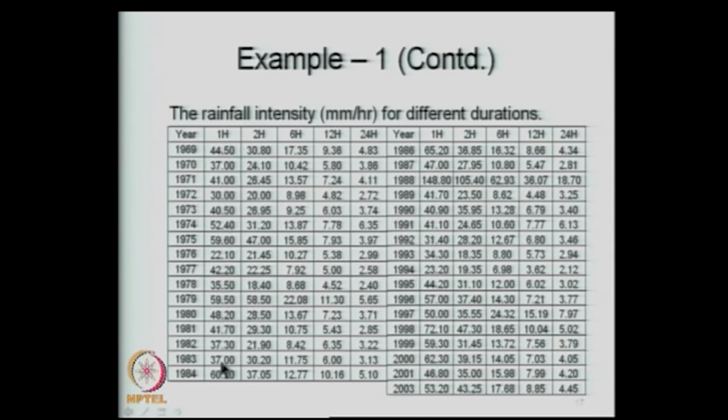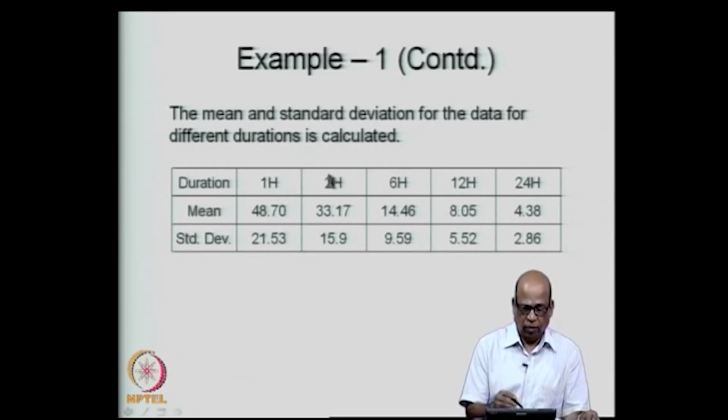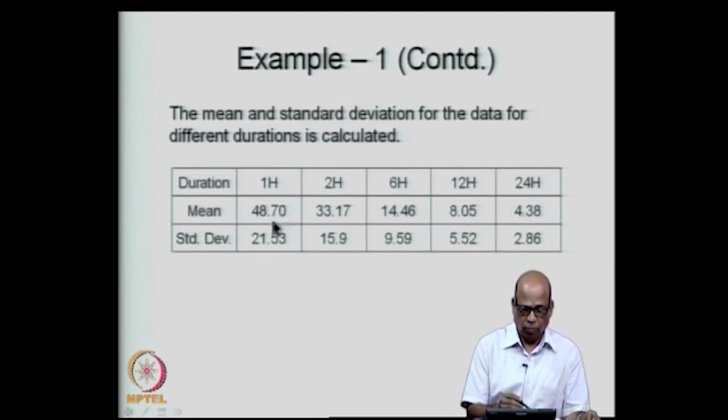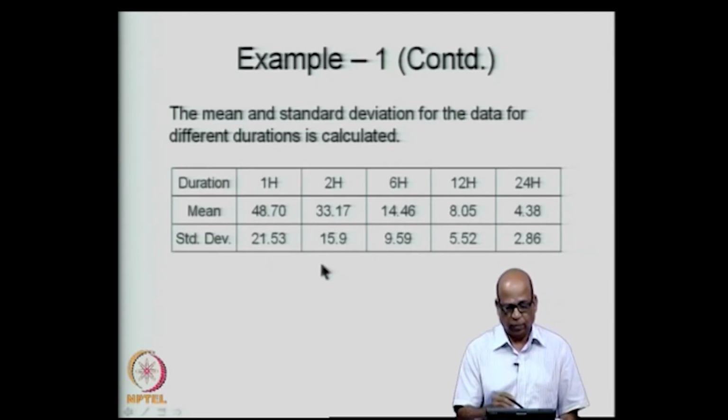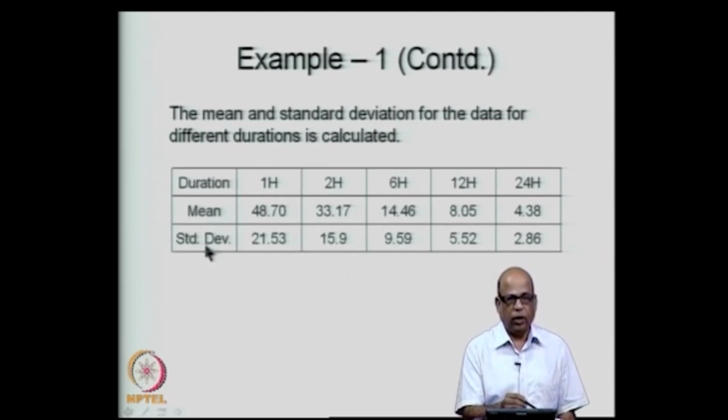Corresponding to each of these series now, we compute the x bar and s. So, the mean and the standard deviation for 1 hour, 2 hours, 6 hours, 12 hours, 24 hours is computed from this data. Now, this is in intensity, therefore, the units are millimeters per hour, for example 48.7 millimeters per hour. Similarly, standard deviation. So, this forms x bar now and this is S,